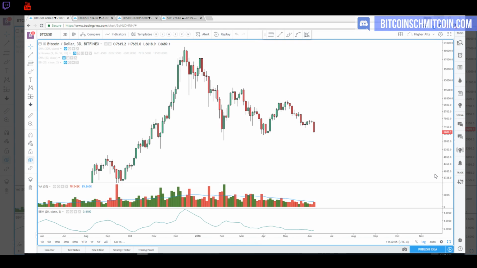You can construe the symmetrical triangle. That was a good symmetrical triangle, proud of that one. You can construe this to be a descending triangle, where you chop off some wicks and say it's like this, and we're approaching support here. Mainly what I'm looking for,